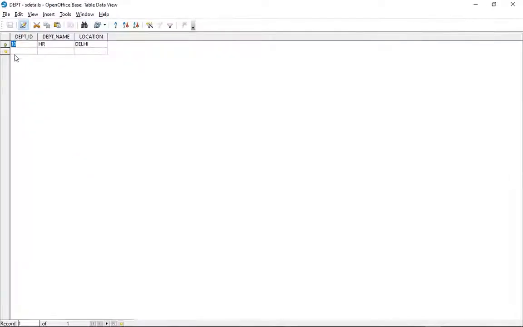In the department table we have department ID, department name and location. In the employee table we have employee ID, employee name, designation and department ID, which is a common column. This department ID is common for both employee and department, isn't it? That's why I said these are related tables, interrelated based on a particular common column.